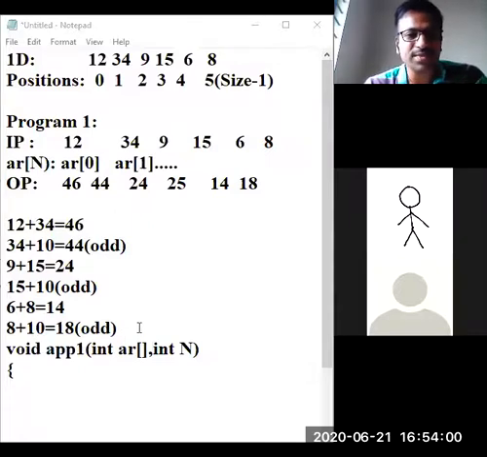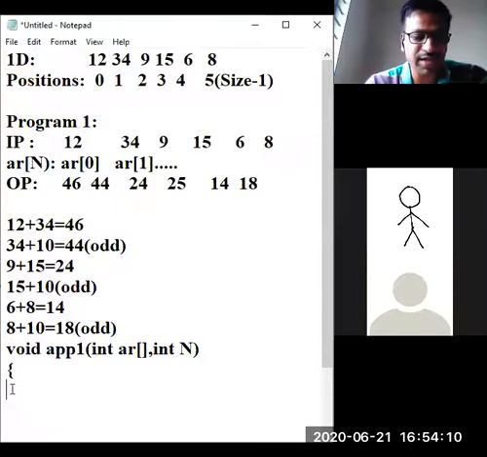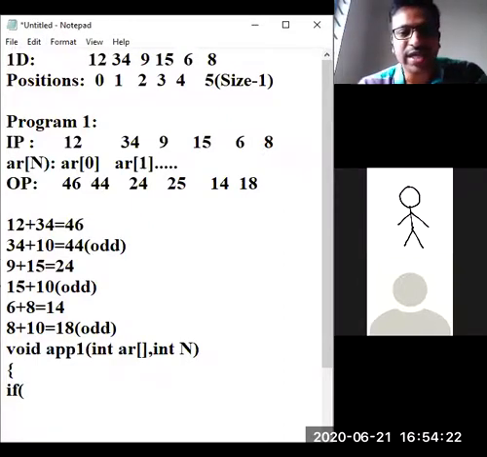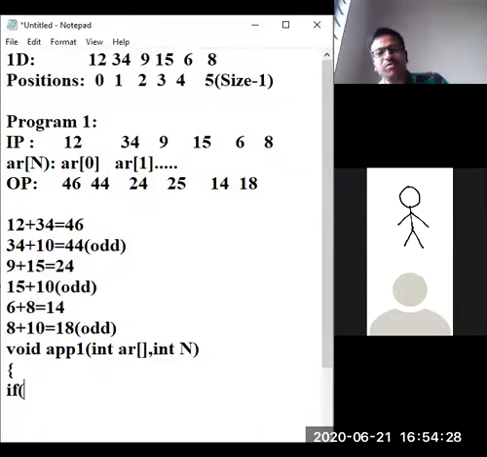Now she has to do all this. Now, what is the logic in this? Tell me. How do you consider even positions, odd positions? How are you going to calculate? If and else. Okay, fine. If else, because 2 situations are arising here. Who told this? Anuj? Okay, fine, leave it. If what? Tell me.